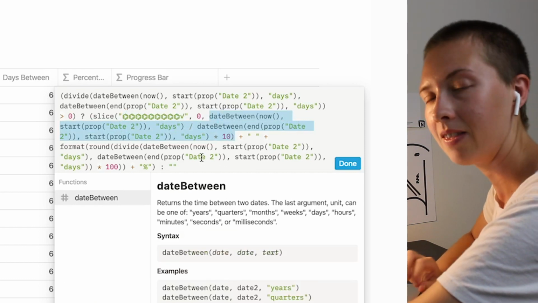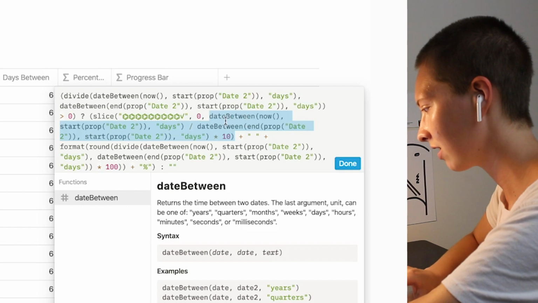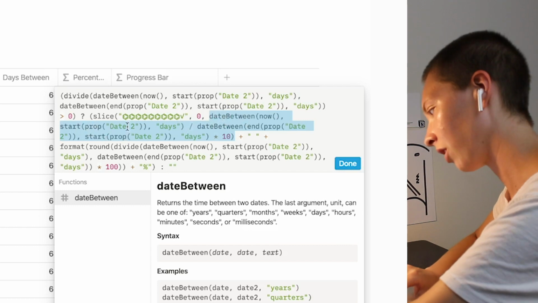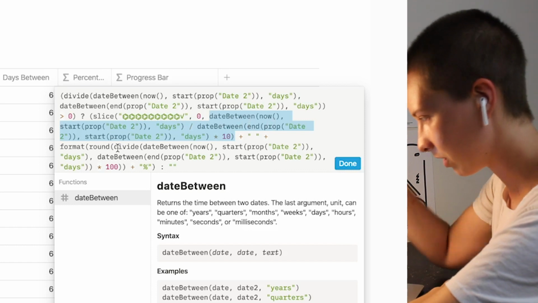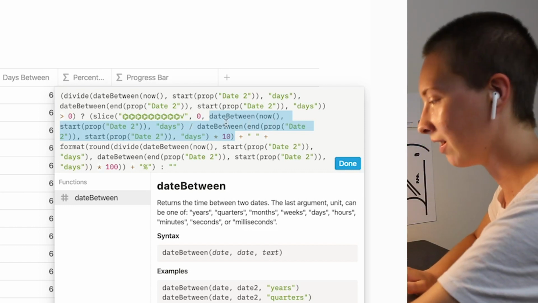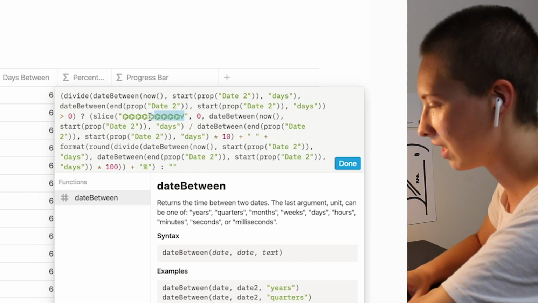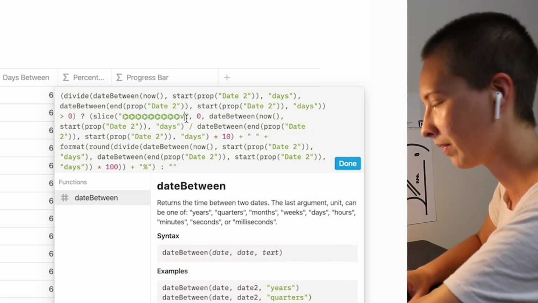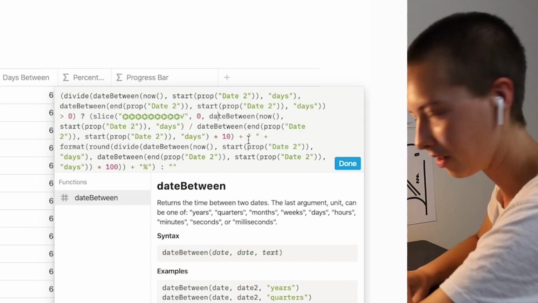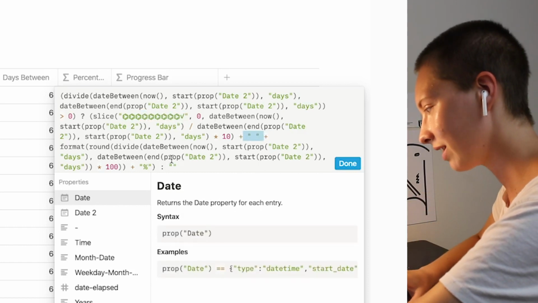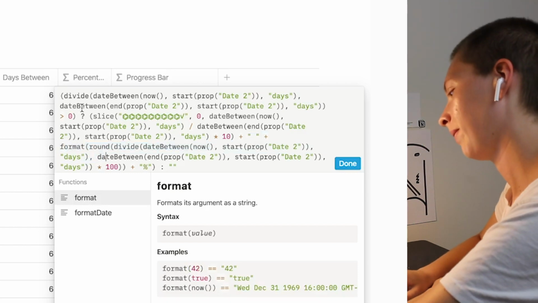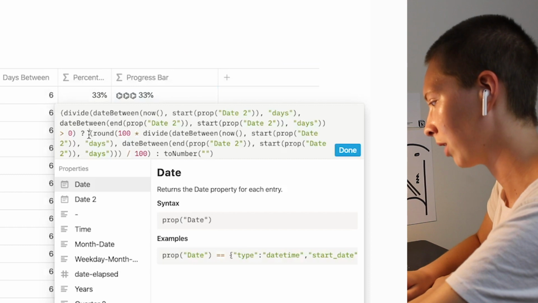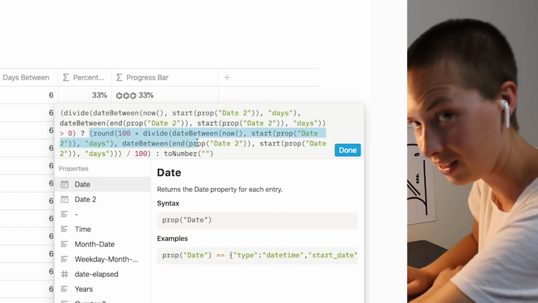So whatever the result of this division between now and the start date, and between the end date and the start date, like we have for our percentage, times that by 10, that's how many emojis right here we are going to take away. Okay. From there, we're going to add a space, and then we're going to add the actual percentage. And that's exactly what we have here, where we round this same expression,